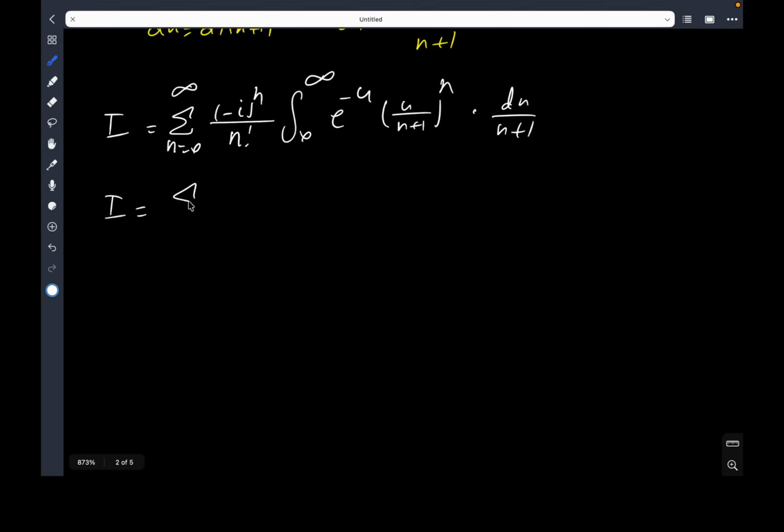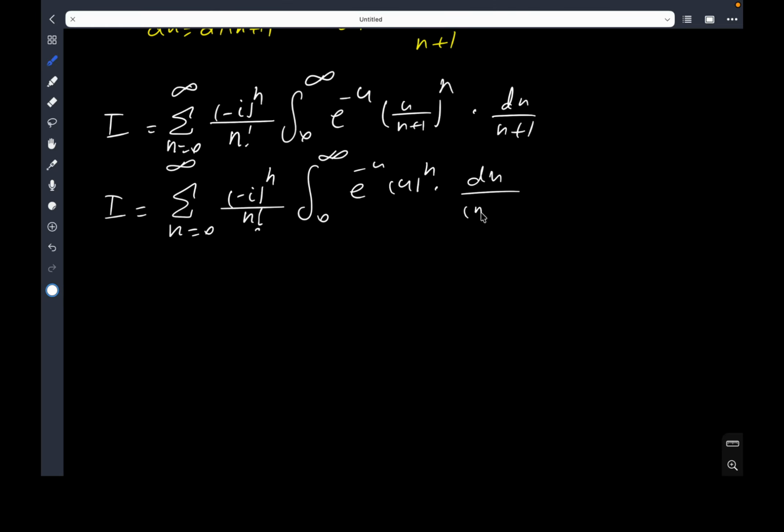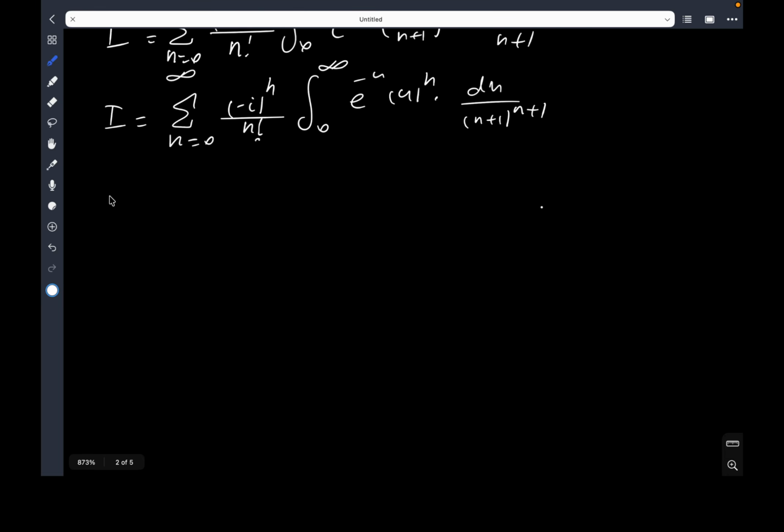So I equals the sum from 0 to infinity of negative i to the n over n factorial, this thing right here, u to the n times du over n plus 1 to the power of n times n plus 1, is going to be n plus 1. And therefore,